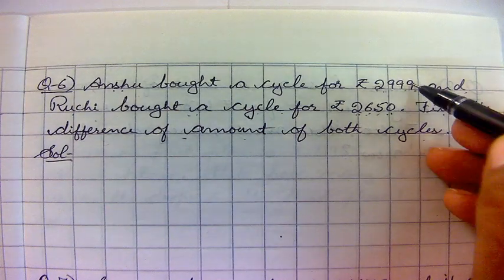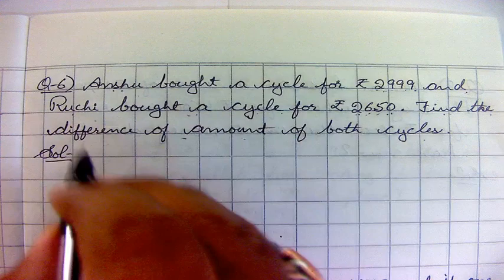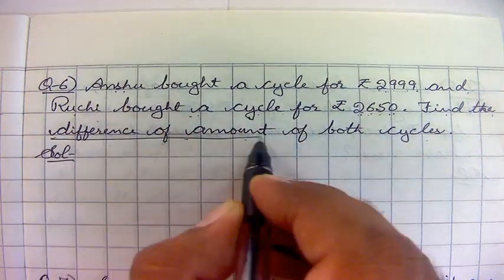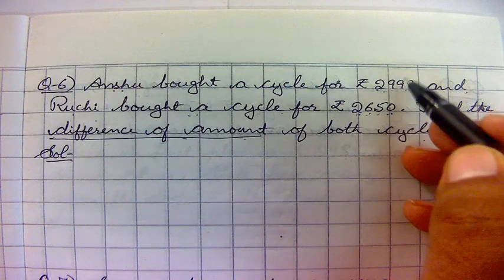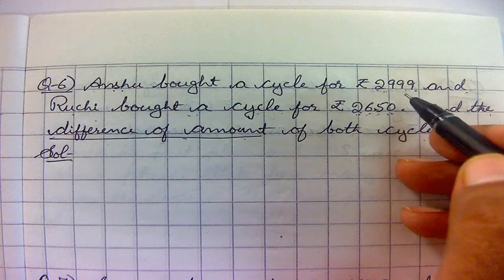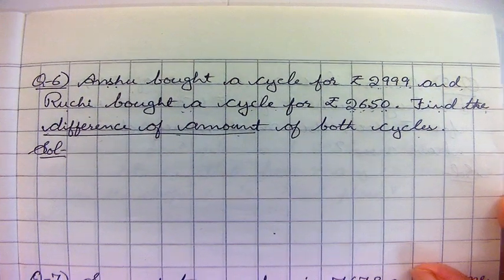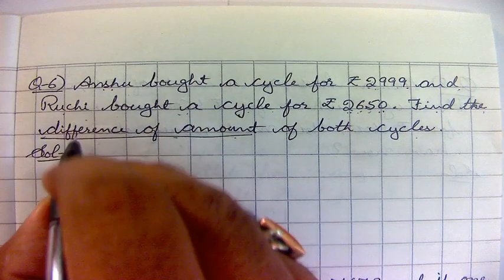अब दोनों साइकिल्स की जो कीमत है वो अलग अलग है. आपको क्या बताना है? डिफरेंस ऑफ अमाउंट, कि दोनों साइकिल्स की जो कॉस्ट है, जो कीमत है, उसमें कितना डिफरेंस है, कितना अंतर है. सो व्हाट यू विल डू, you will first write down